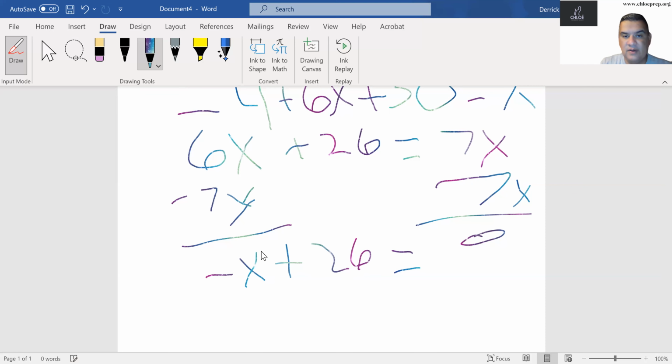Or, you can try to do it a little in your head and just, again, look at the opposites. Well, the opposite of 26 would be negative 26, but there is a negative sign there. Negative times a negative is positive, which is 26. Whichever way works best for you. They're both the correct answer. They're both perfectly fine. Your teacher will probably want you to multiply both sides by -1,